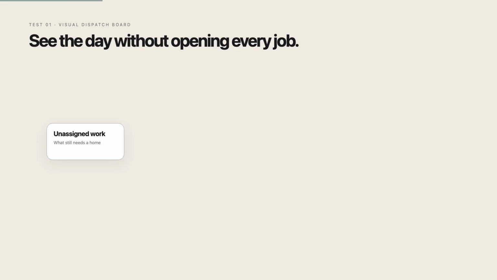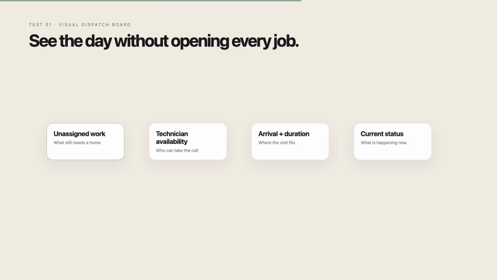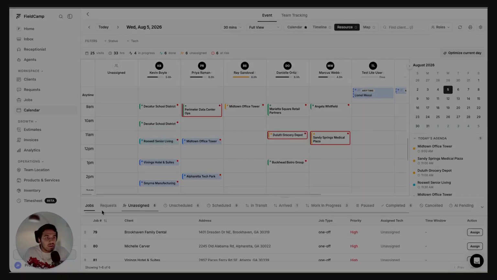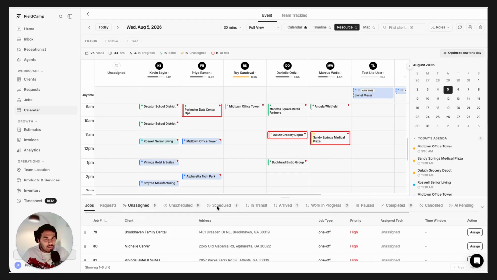The first feature to look for in HVAC dispatch software or scheduling software is a visual dispatch board. You should see unassigned work, technician availability, arrival window, job duration, and current status without opening 10 different pages. If an emergency call arrives, a dispatcher should be able to easily drag it into an open window or reassign another visit. So let's look at this example of exactly what I said over here in FieldCamp, you can